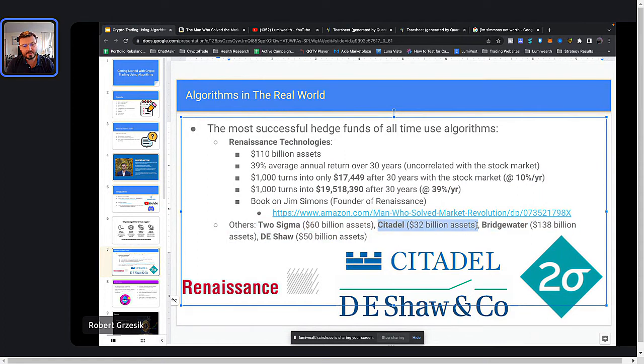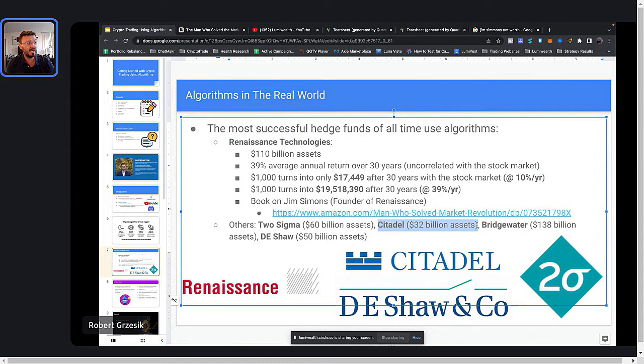Citadel is another one that makes quite a bit of money. These guys have a hedge fund that's making them tons of money. And then they're also a market maker for Robinhood. These guys are just stupid rich. If you ever read about the guy that started Citadel, he is fantastically rich. Same thing, using software to trade. These guys are trading stocks and bonds and options and all that kind of stuff using algorithms,